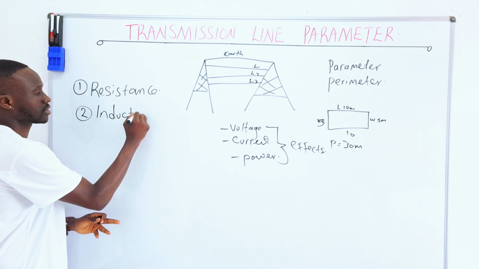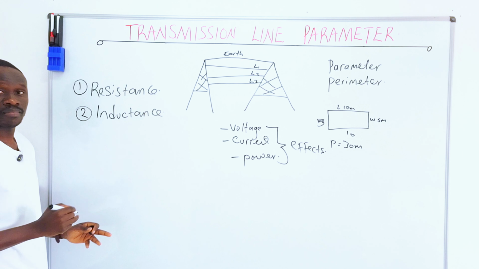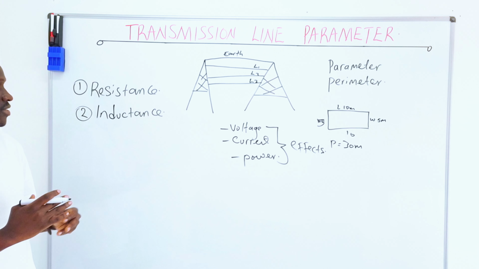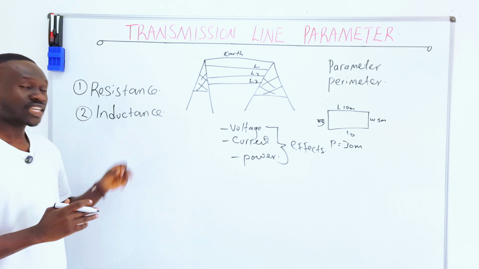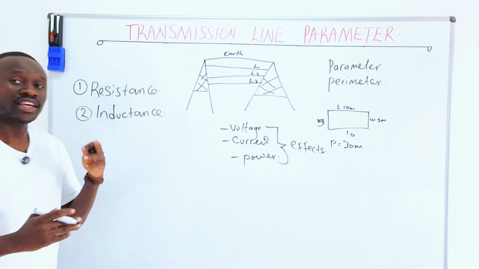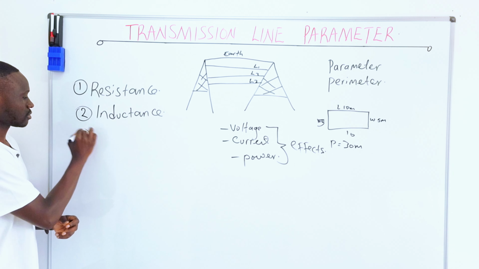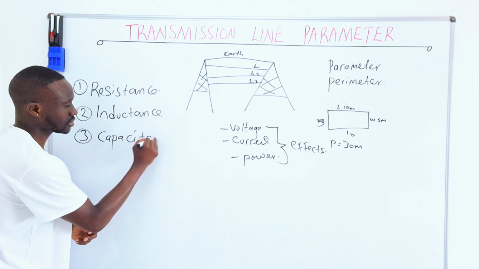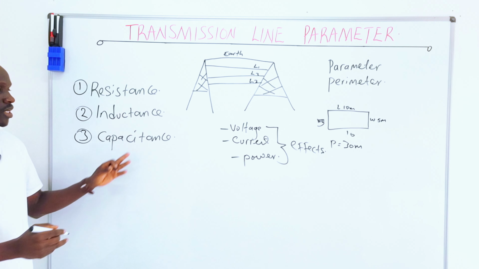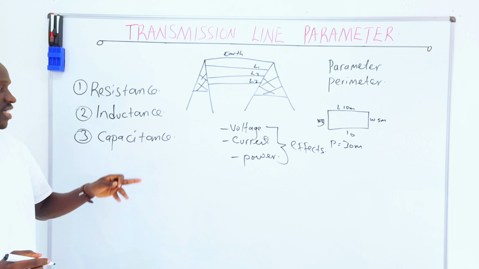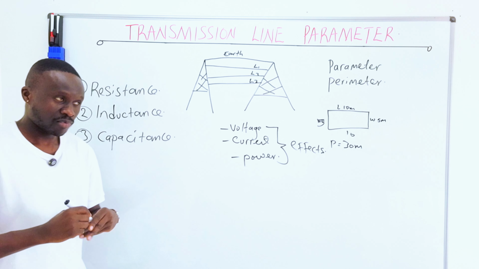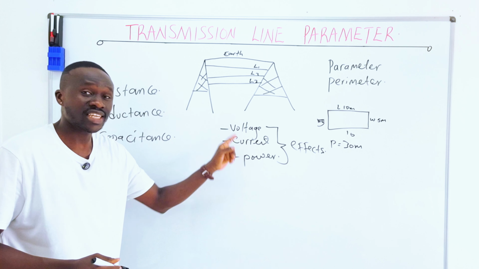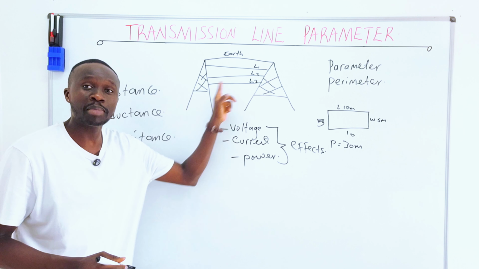Inductance. This is the second parameter, the inductance. First was resistance, second is inductance. The third one is capacitance. Resistance, inductance, capacitance. All of these affect the voltage in the conductor, the current in the conductor, and the power,